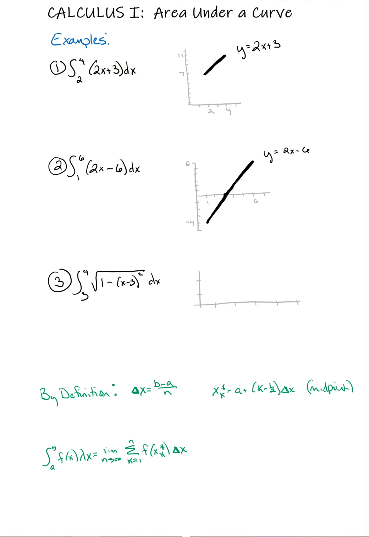Notice I have taken that integrand 2x plus 3, and that is my function, and we have the graph of that just from 2 to 4. So I'm just going from 2 to 4 on this, and if I were to look at what's underneath that curve, it looks like I have a trapezoid, and so that's what I'm going to try to find the area of. Just that section there. So the area of a trapezoid